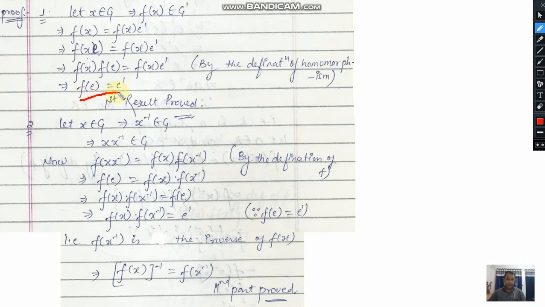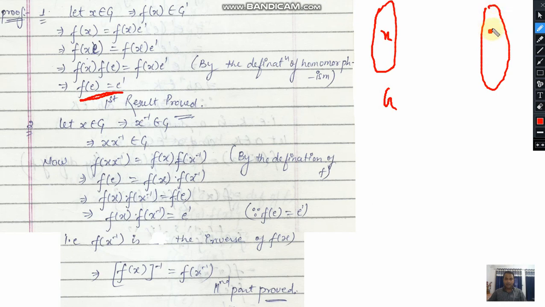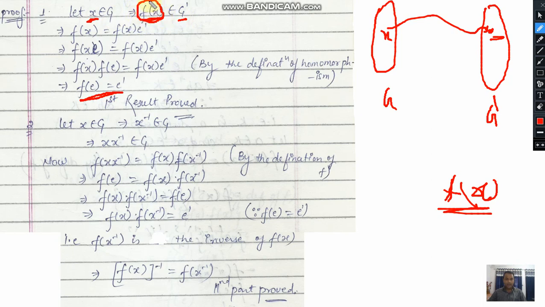To prove the first part, it means we will prove here that the mapping of identity is identity in G dash. Let we have an element X which is in set G, and there is one more element in G dash which is the mapping of this element X. It means the mapping of X is equal to this element. So this element will be written as Fx. Fx means the mapping of X. So please make it clear that Fx will be the element of G dash, not of G. So let X be the element of G, then Fx will be the element of G dash, because this resultant composition will be available in G dash.